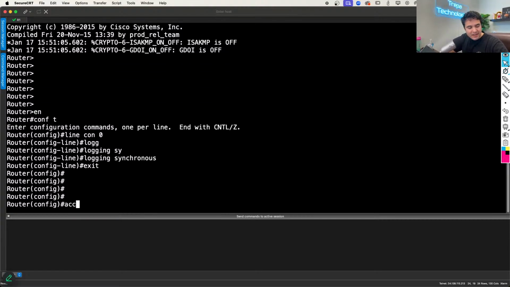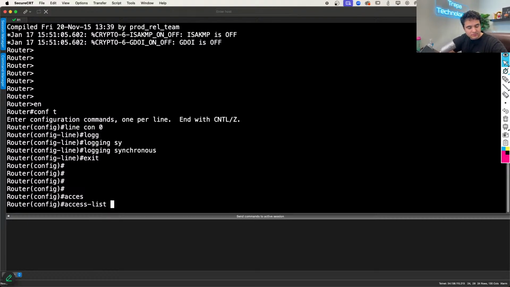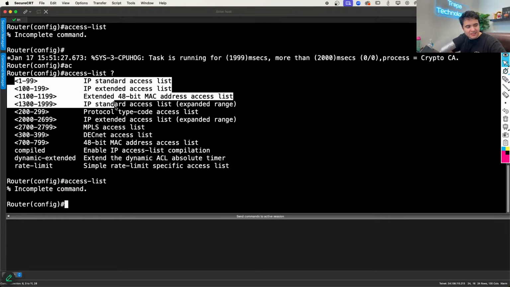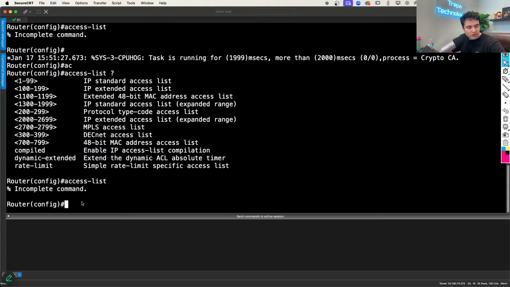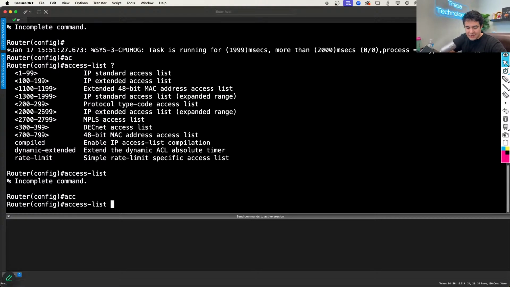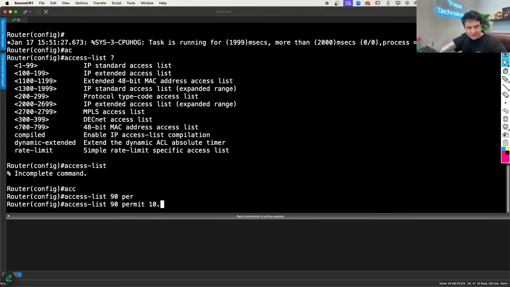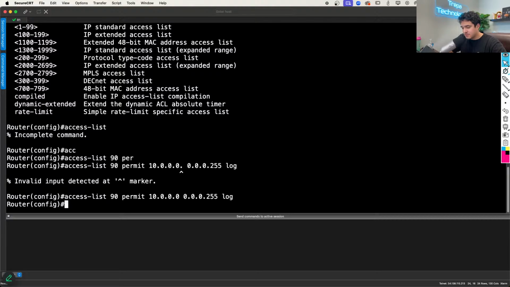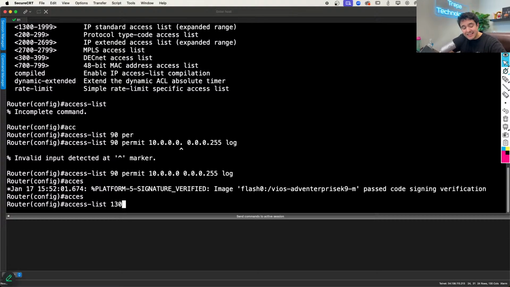All right, so when I create an ACL access list, I do question mark, and you can see this is telling us the numbers and what they're used for. So if I do access-list 90 permit 10.0.0.0 wildcard mask /24 and I hit log at the end, this is a standard ACL that's numbered, okay? All right. But if I want to do an extended ACL, I can just put an extended number, and then